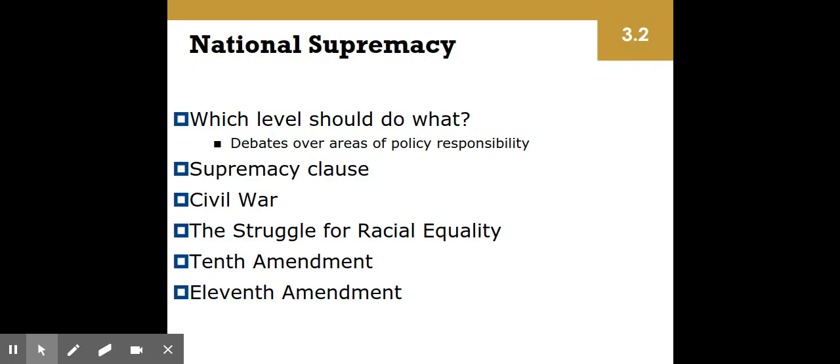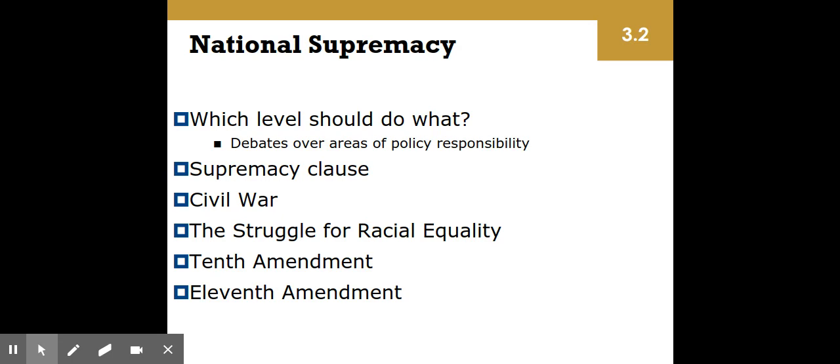National supremacy. And in the Constitution, it does say in the Sixth Amendment that the federal government has supreme power. The Constitution is the supreme law of the land. But obviously, in some places where it's been vague in the Constitution, or maybe a topic wasn't mentioned, the question is, where does the national supremacy on these individual issues go? So there's a lot of debate over that. The Supremacy Clause, once again, gives the Constitution the highest regard.